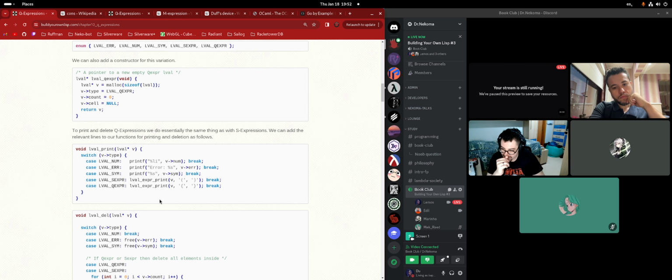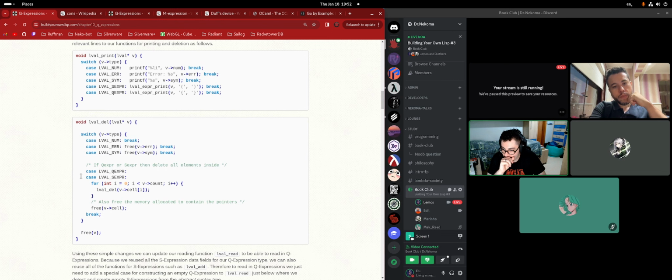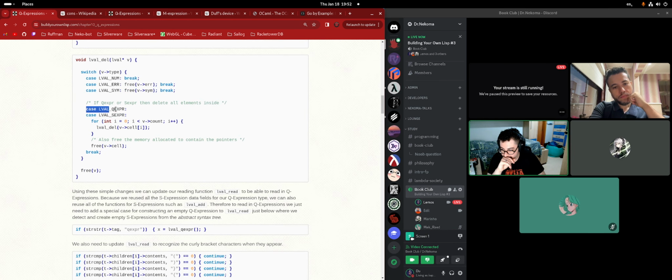Then for deletion, we're gonna have to do the fall through, because deleting S expressions is the same thing as deleting Q expressions. So you're basically gonna do the for loop anyway. So this is a convenient case where falling through the switch case is very useful.